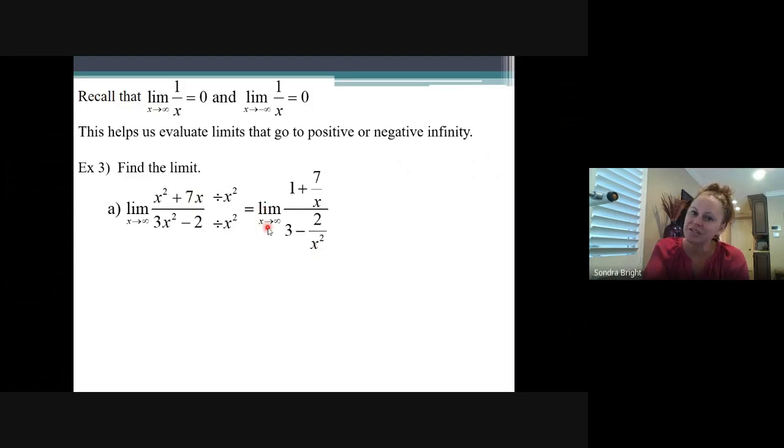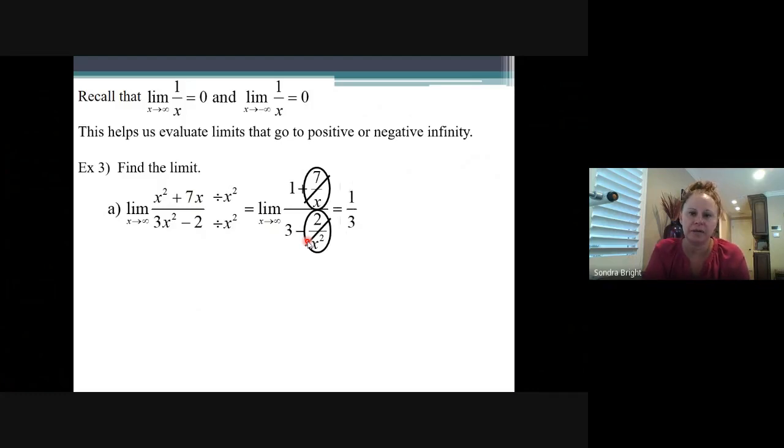So now the limit as x goes to infinity of 7 over x, well, we know that the limit as x goes to infinity of 1 over x is 0. 7 over x is just 7 times that. So that guy goes to 0. 2 over x squared goes to 0 even faster as x goes to infinity. So that goes to 0. And so what you're left with is 1 plus 0 over 3 minus 0,